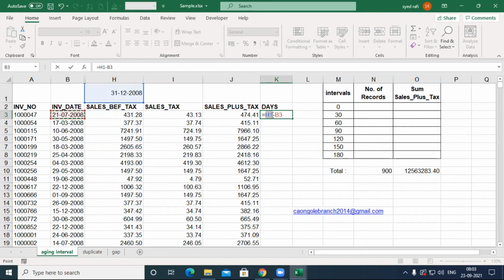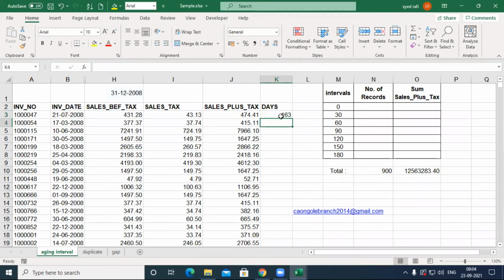In a later class we will discuss references, absolute reference. What is the function key, I mean shortcut? F4. Nice answer. Who gave this? Aishwarya, very good. By pressing F4, it gives the absolute reference. Press F4 again, it gives the row reference. Press F4 again, column reference. Press F4 again, relative reference. In later classes, we will discuss different types of references. By pressing this, we get the days, nice.